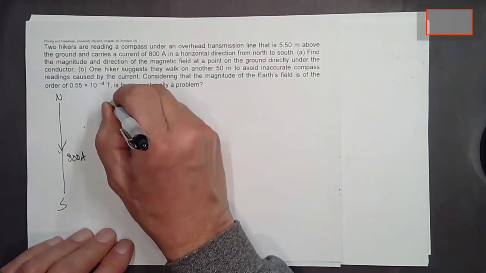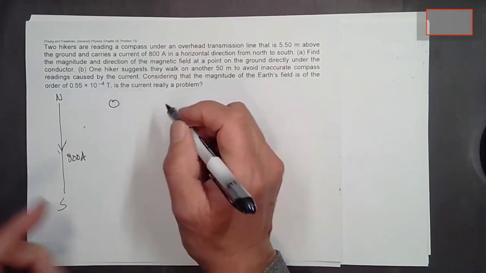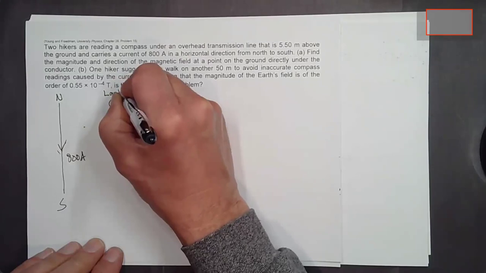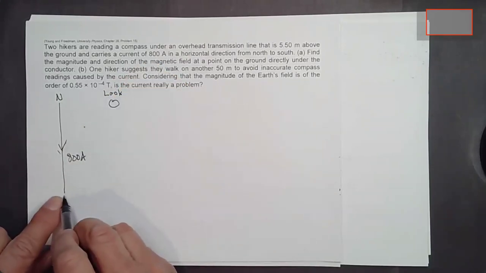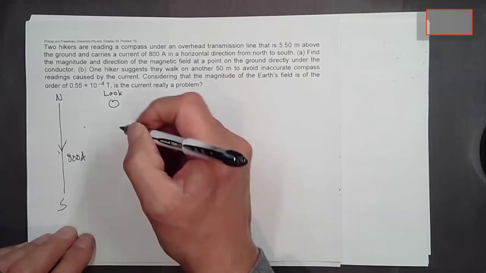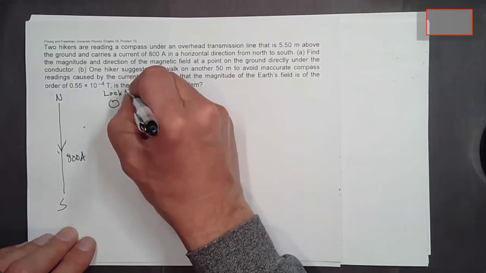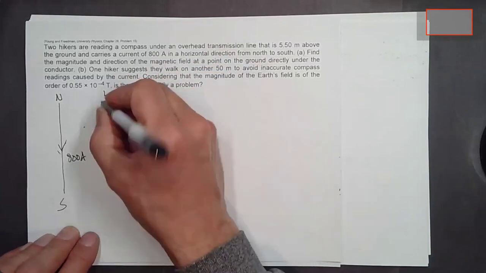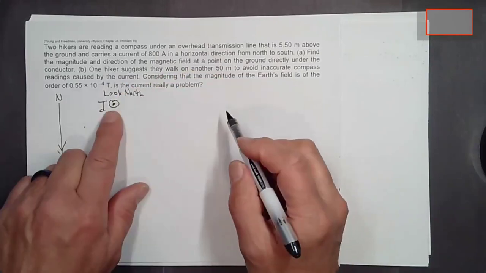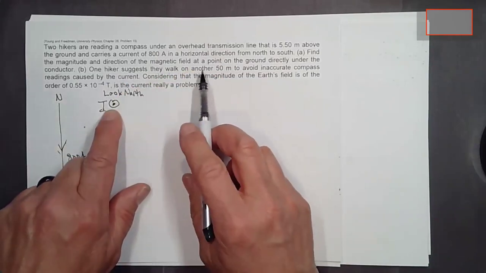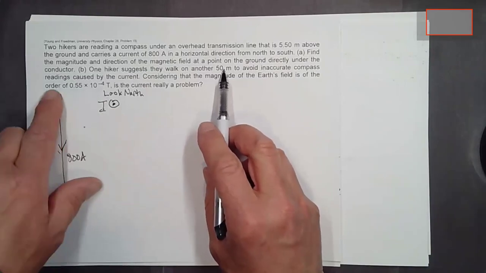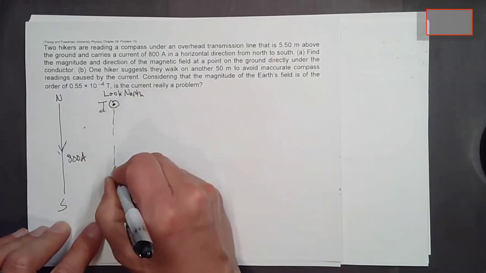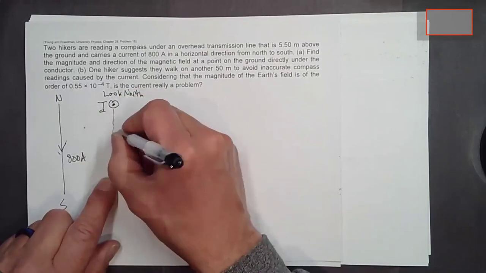So now we can imagine we're looking north, and it says it's going from north to south. So this would be a looking north viewpoint. So we just imagine dropping ourselves down to the level of the wire and looking up the wire, and the current would be coming out of there at you. So there's the current. And we want to know the magnitude and direction of the magnetic field at a point on the ground directly under the conductor. So we'll come down here. We want to know the magnetic field here, and this is